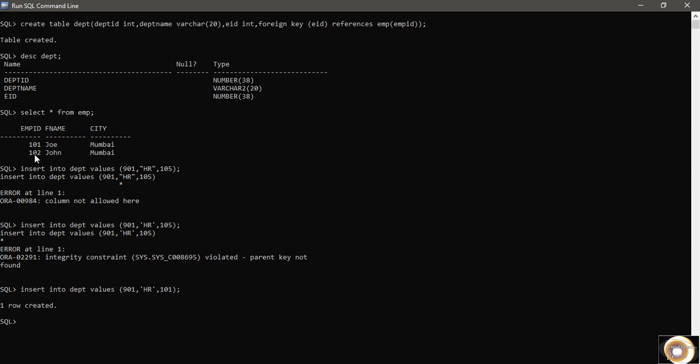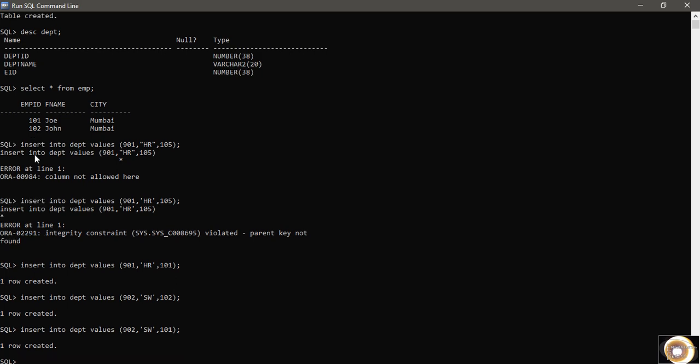Yeah, one row created. Okay, let's say there is another department 902. It is about software department, SW, and employee is 102. Inserted. Okay, for the same department 902, for the same department name software, if I go with 101, he can also be part of this department. No problem.